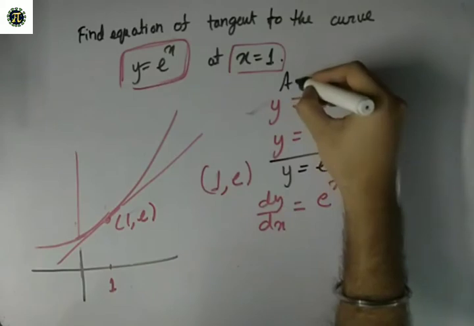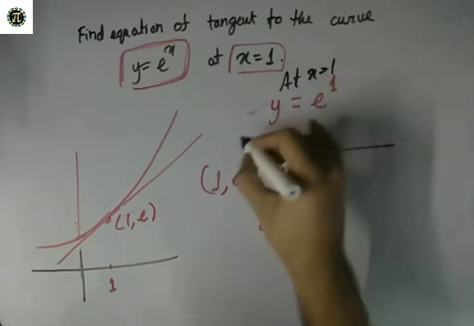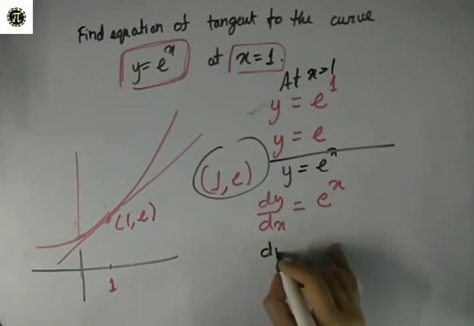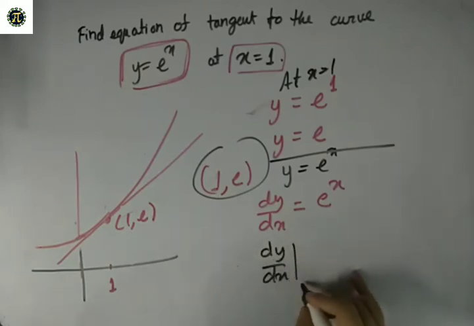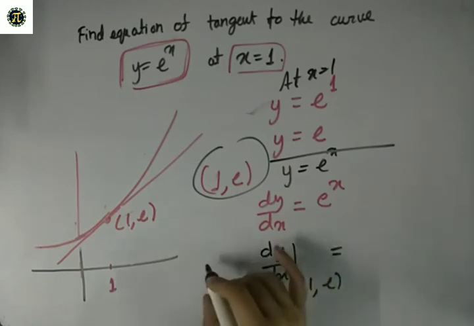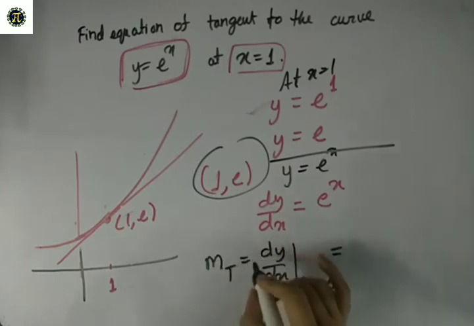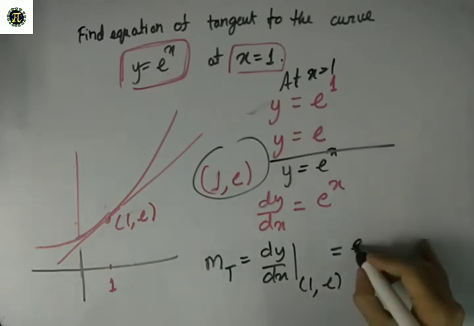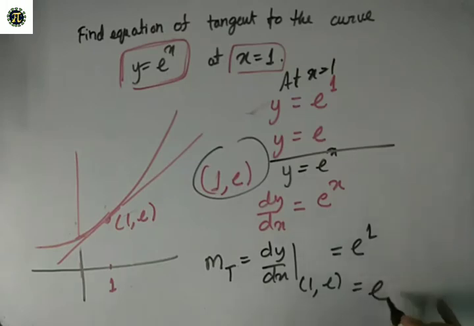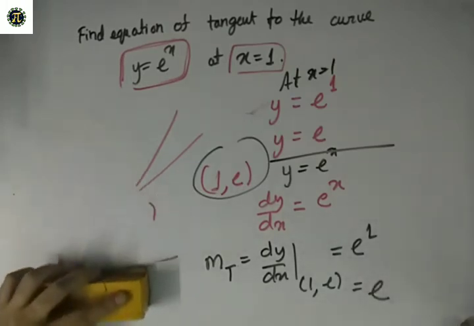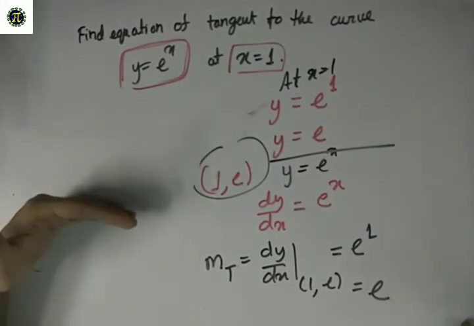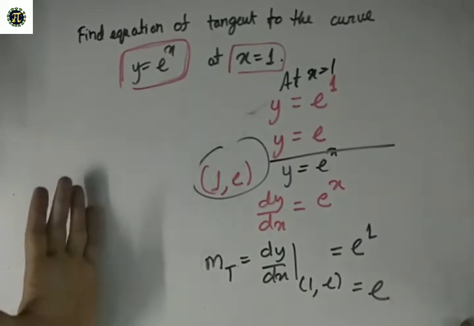So this was at x is equal to 1, and we found this point, and then we differentiated the function, and let's put the value (1, e) inside e to the power x, the derivative, so that we can find the slope of the tangent, right? Since there is no y here, we will just put the value of x. The slope is also e, which is approximately 2.73. So tan 60 degrees is 1.7, so the angle is greater than 60 degrees.